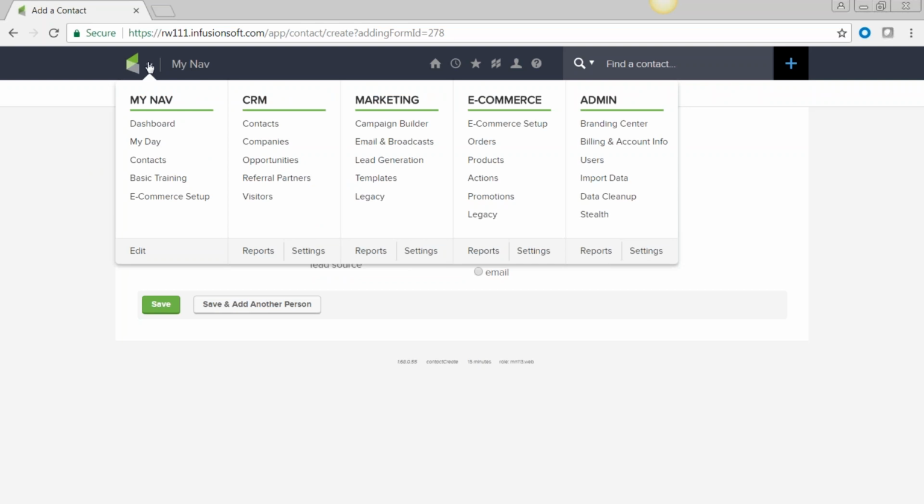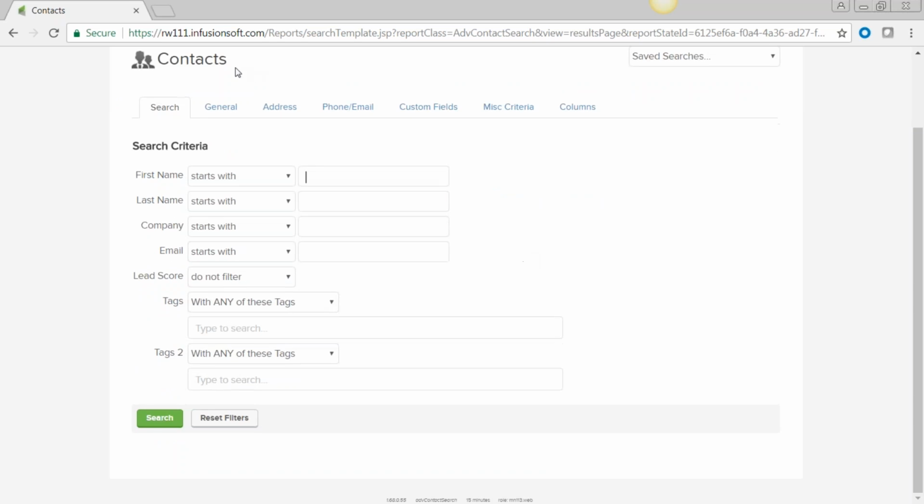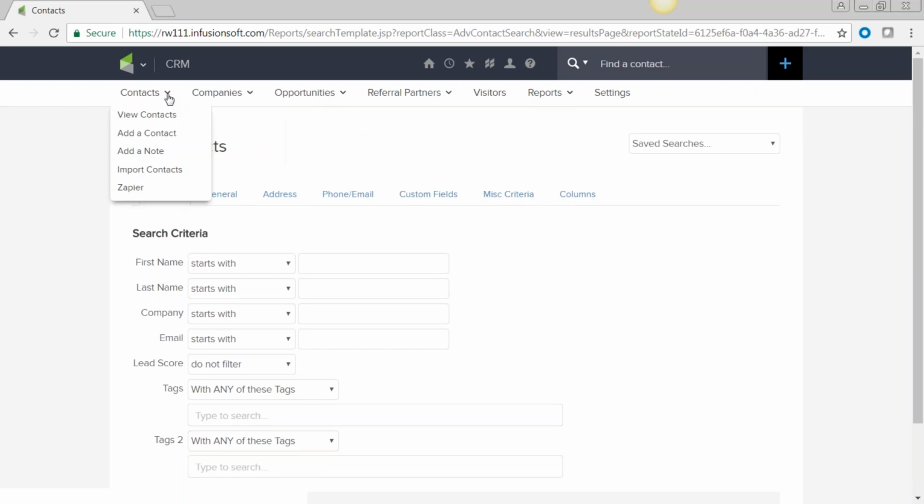So when we hover over CRM, this is what we're playing in today. CRM contacts is what we need. Now this takes us to a search engine here, search criteria, or we're going to go to contacts and add a contact. We also have an add